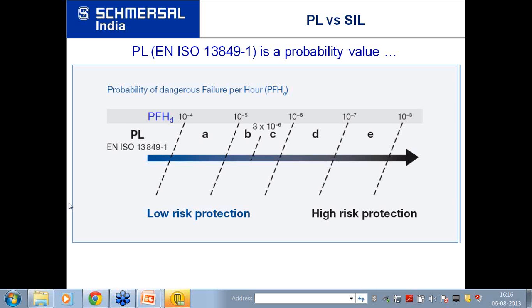Sir, when I say diagnostic feature, it means that in case of any failure in the safety system, the operator should be able to know that there is a failure in the safety system. So if in the Siemens PLC and input output, this diagnostic buffer gives you that information, suppose you have connected an emergency stop push button to this PLC, and in case of a failure of the emergency stop push button, suppose the NC contacts are welded, and through this PLC you come to know whenever they weld, then it is the same functionality.